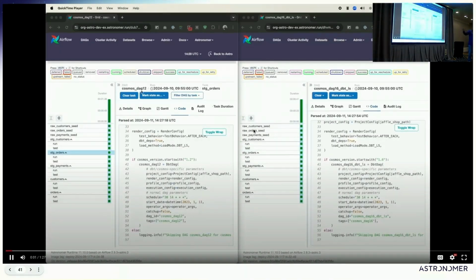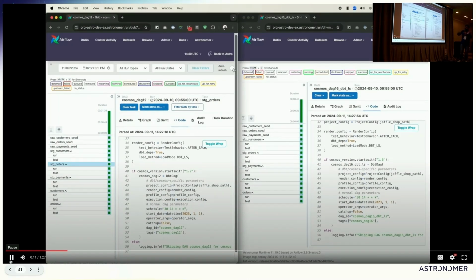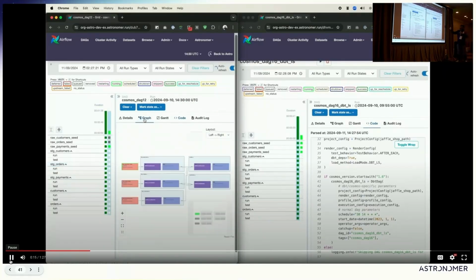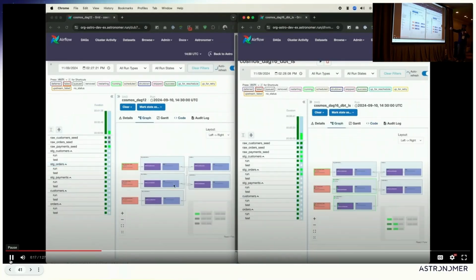Over here we are going to show the same DAG on different Cosmos versions: Cosmos 1.2 and Cosmos 1.6. It's the same DAG. On the left you would see Cosmos 1.2, and over here is Cosmos 1.6. Same DAG, and yes, we can start now. They have the same schedule, and if you look at the time at the top, it would be triggered now at about 2:30 p.m. The time has already passed, so the DAG would be scheduled now, and on both ends we are going to show the graph view. This is how you'll see the progress of the tasks.